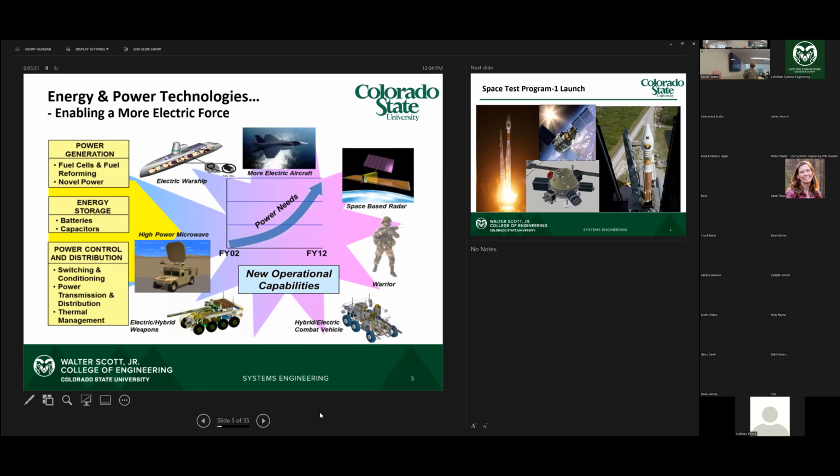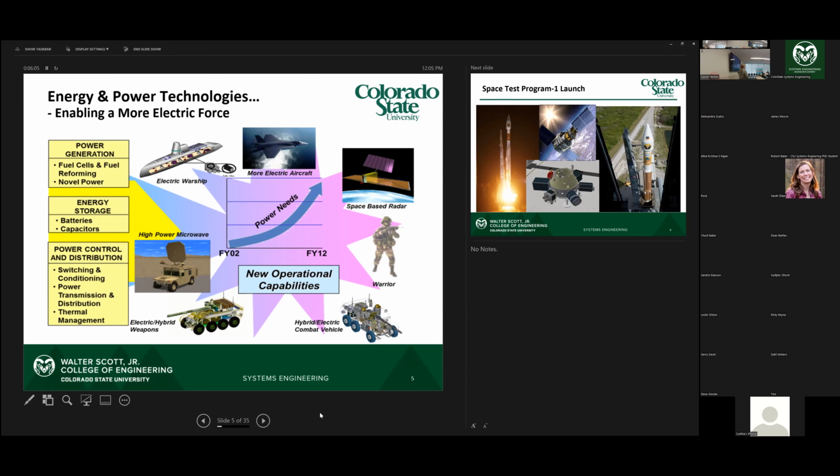So here we have some of the things that started happening. You can see that we started having embedded software and different kinds of control systems in the systems that we were building, particularly for the military. Now, the military has been using systems engineering for a long time. I would say that a lot of manufacturing plants and people that were doing development also use systems engineering. But you can see power generation, we're talking about fuel cells, electric warships was something that we've actually tried. Electric aircraft and propulsion is going to be something that becomes bigger and bigger, particularly as we are trying to get away from fossil fuels.